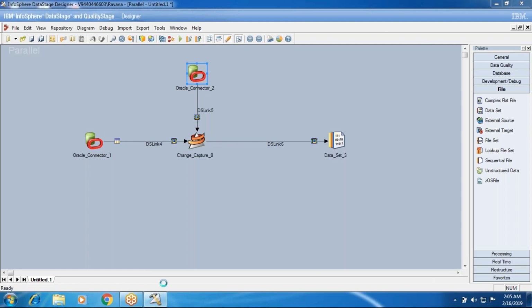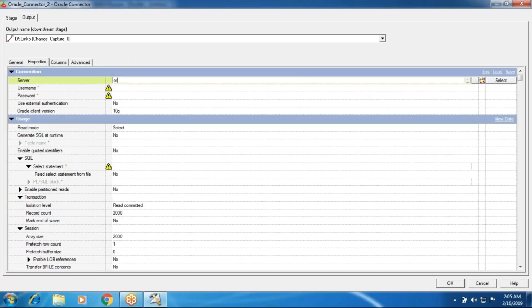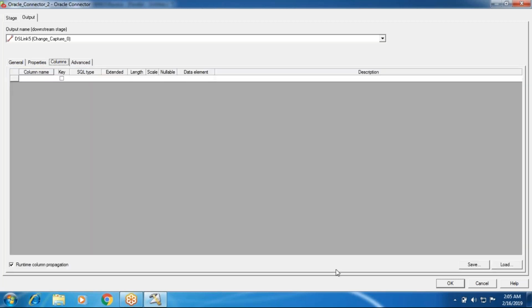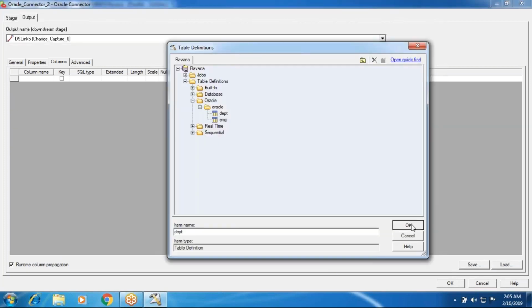And here I'm going to give the DEPT table, and I'm going to load this table definition, the same process.